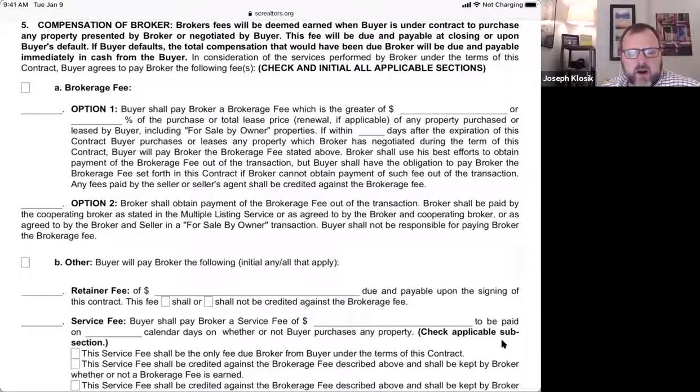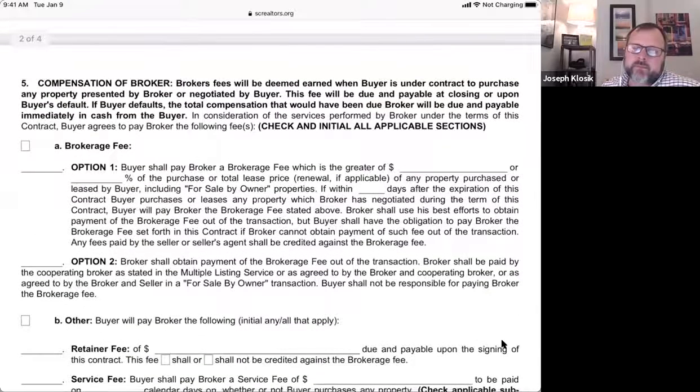What we're starting to see more of is option number 1. Option number 1 says the buyer shall pay a brokerage fee, which is the greater of blank or blank percent of the purchase or lease price. So what would happen is just for example, let's say,